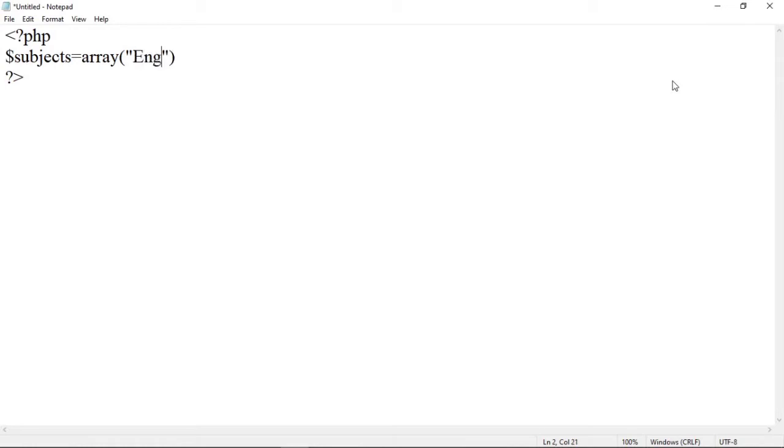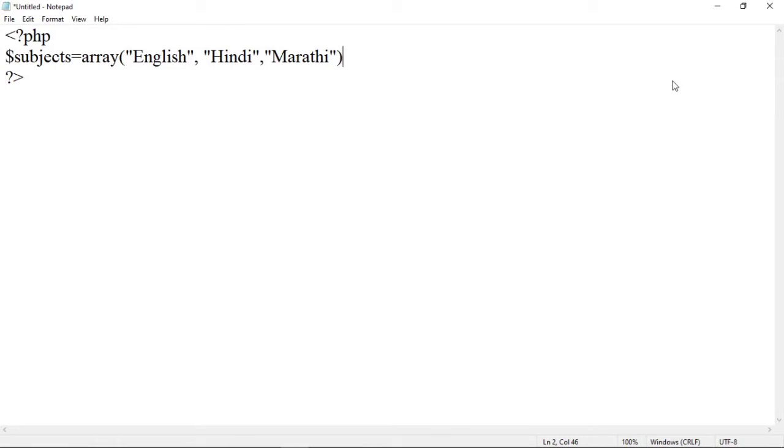Suppose the subjects are English, then the second subject is Hindi, and the third subject is suppose Marathi, and you can add many different subjects here, separating them with a comma.